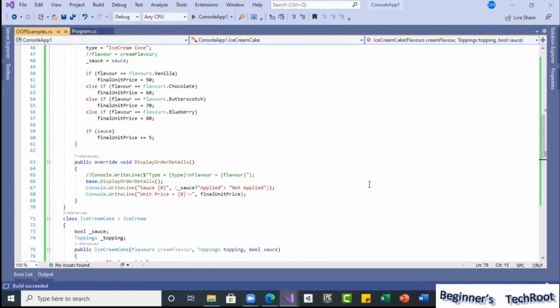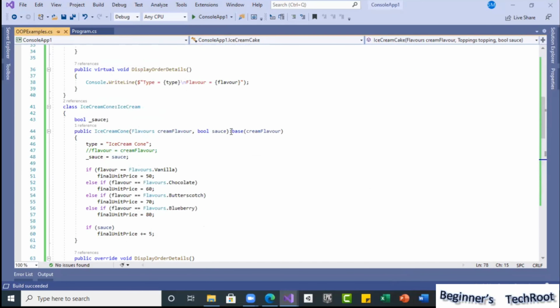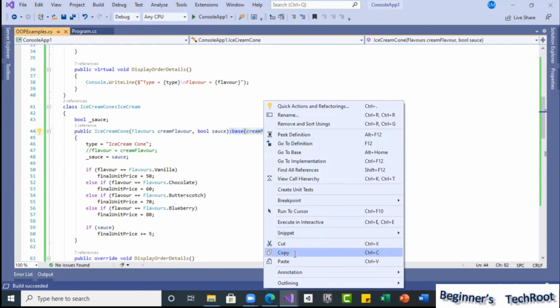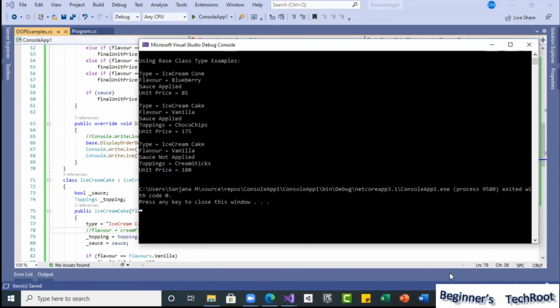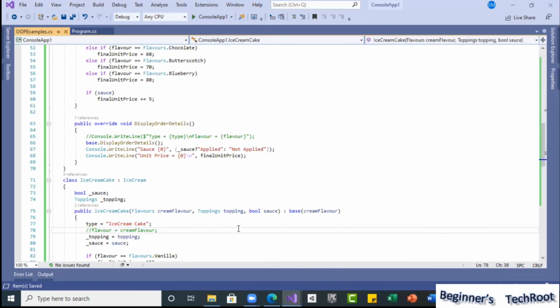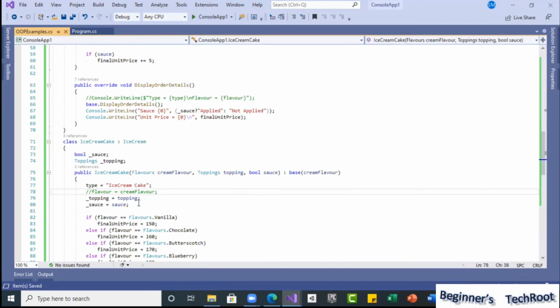The best practice is, if we defined anything along with the base, we can use it here like this. So that now for this also, automatically whatever choice we selected will be displayed. If it is only a single line, there is no difference whether you assign here or call the respective base constructor.